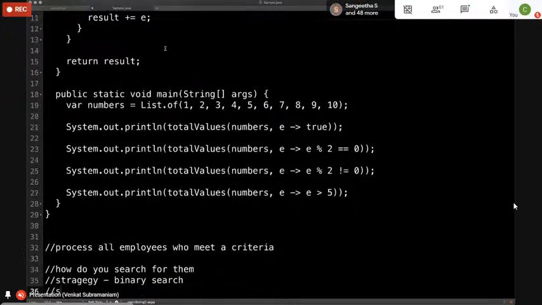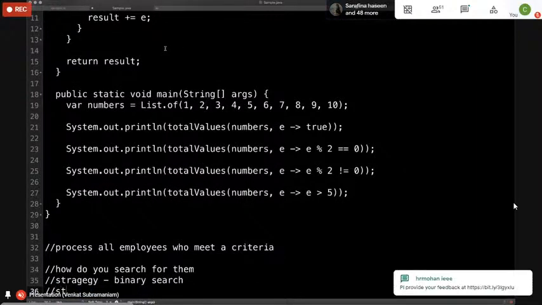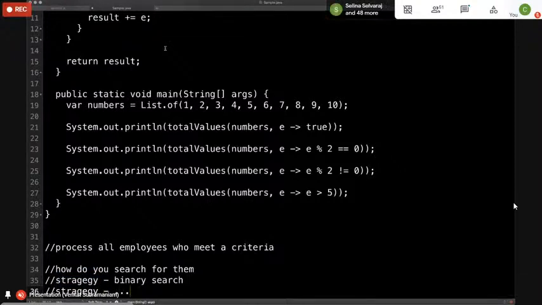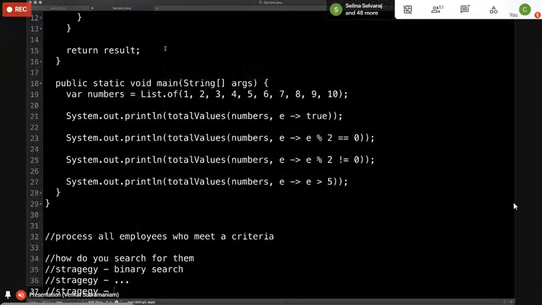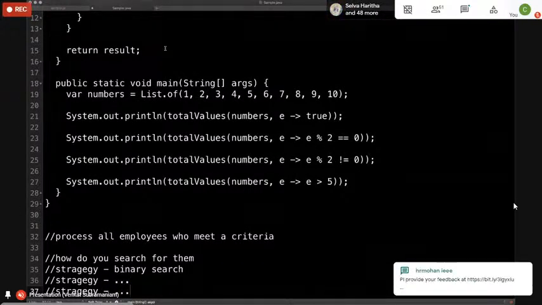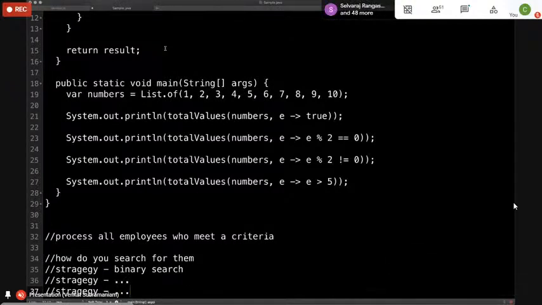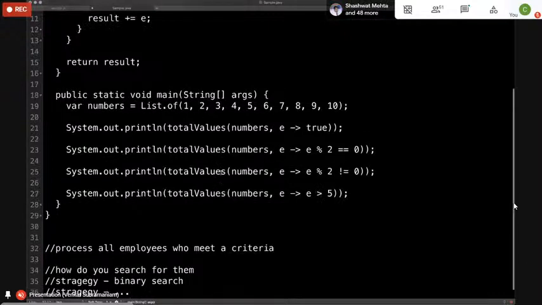Another strategy may be whatever you want to use. So you can say, here's one strategy as to how to really search, and here is another strategy, and maybe a third strategy, if you will, and you can vary all these strategies the way you want to, and that gives you the ability to decide, while keeping the algorithm the same, you can vary minor details about it. And that is where the strategy pattern really comes in.